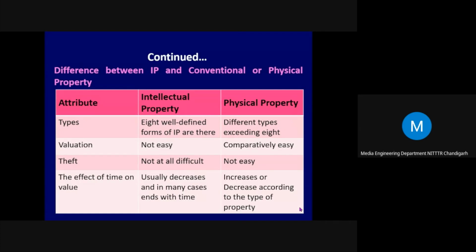Like you wish to buy a two-wheeler or four-wheeler, more than 10 brands are there in the market. The moment you bring the car out, we say that 15 to 20% of its value is depreciated. But if you say housing for all, or potable drinking water in remote areas, its value will increase. You are a tourist, you go to maybe Jaisalmer, you wish to enjoy potable drinking water, they ask you 100 rupees, you have to pay 50 rupees, 20 rupees, 25 rupees. So it increases or decreases according to the type of the property.